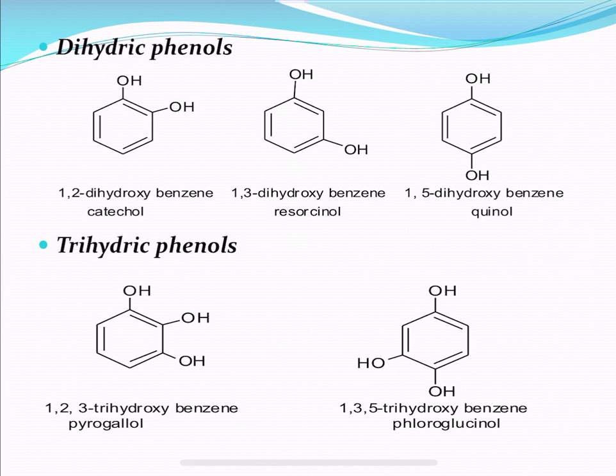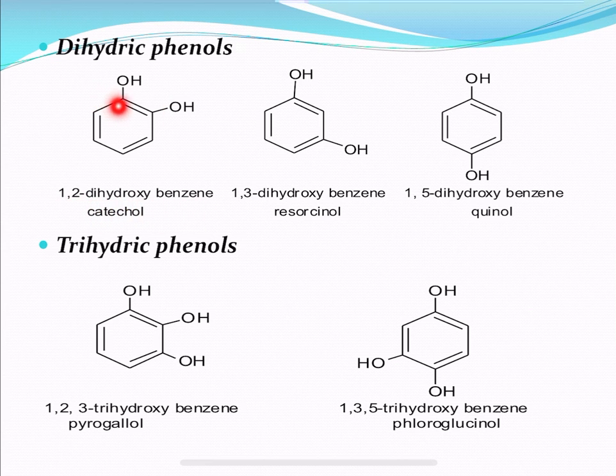Next classification is about dihydric phenols. As the name itself says, di means two, hydric means hydroxyl groups. So, dihydric phenols means in which two hydroxyl groups are present. Such type of phenols are called dihydric phenols. For example,